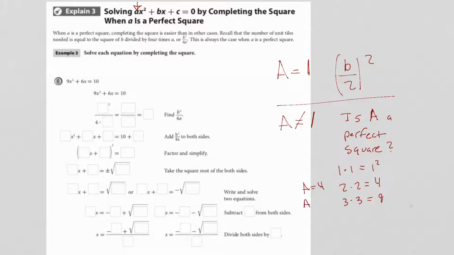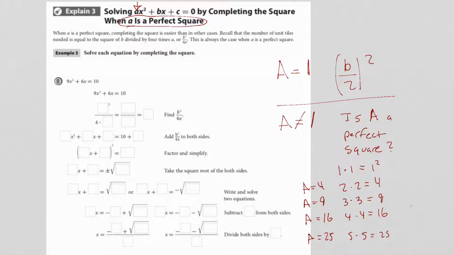So if a were 9, what about 4 times 4 is 16? If a were 16, these are all perfect squares. You could probably guess the next one. If a were 25, that's 5 times 5. So if a is a perfect square,